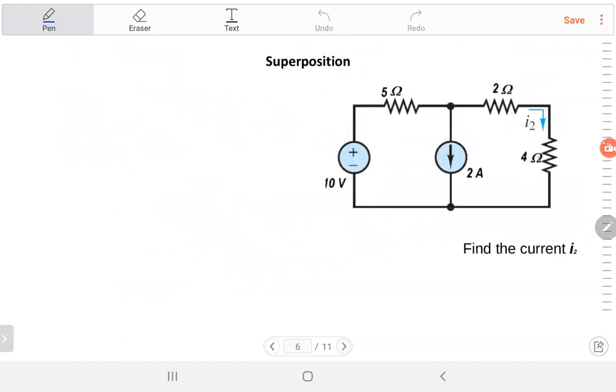Now we'll move to a theory in circuit analysis. It's called superposition. Actually, superposition is not the only theory used in electrical engineering. It's also used in mechanical engineering, hydraulic engineering, and all engineering. What does superposition mean? It means that if you have a linear system and there are many inputs to the system,